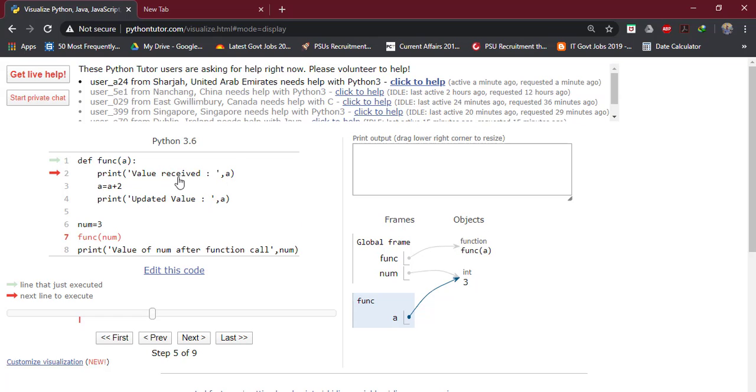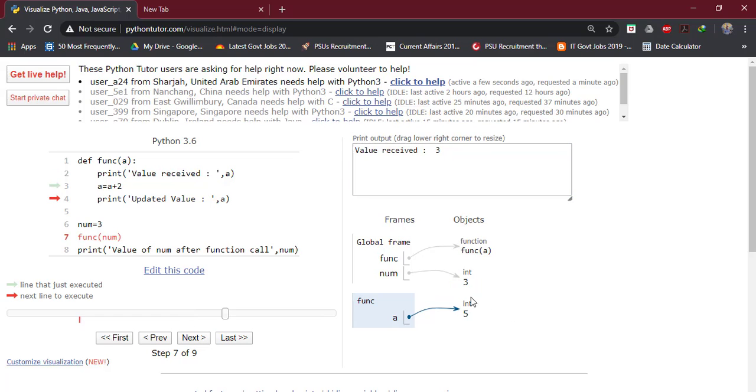It is showing what value we are receiving in this function. So we are receiving the value 3. Now I am updating the value of this variable a. The value of a will be updated and it will become 5.